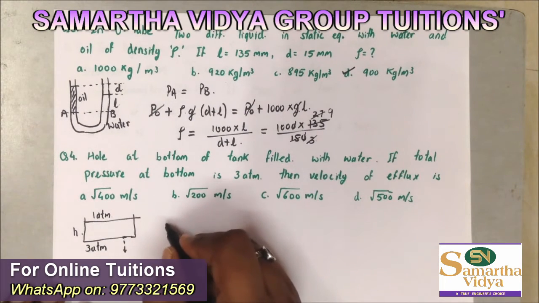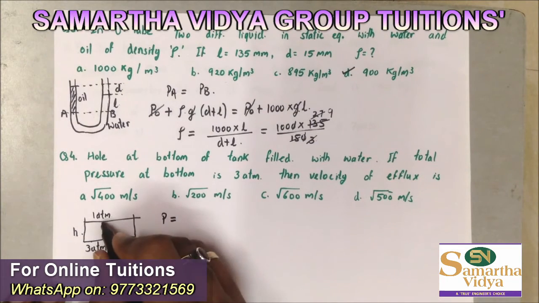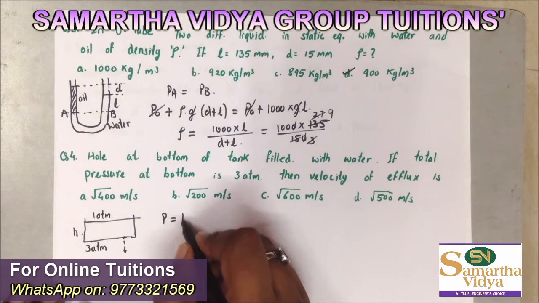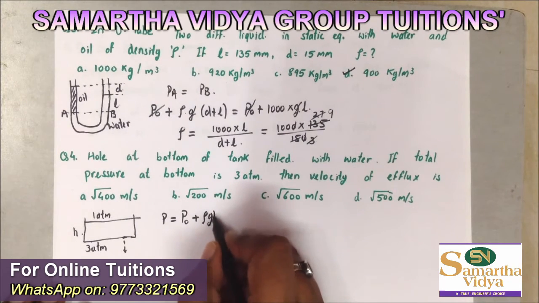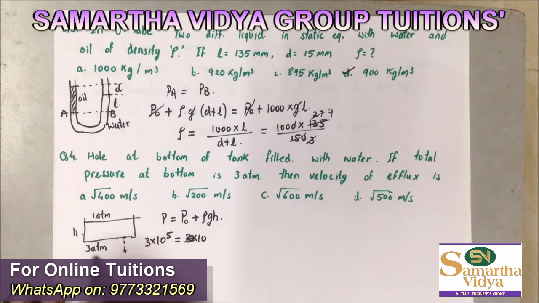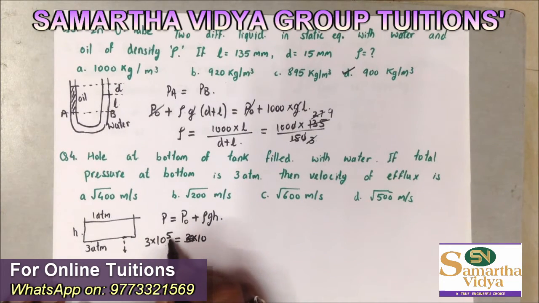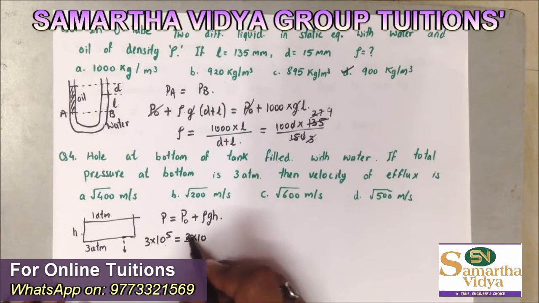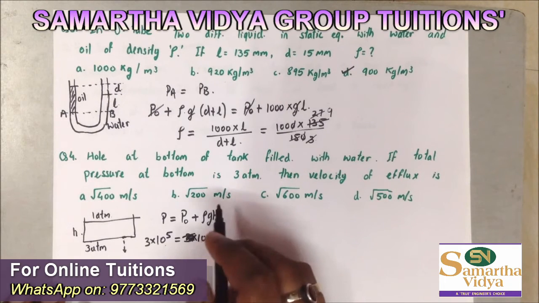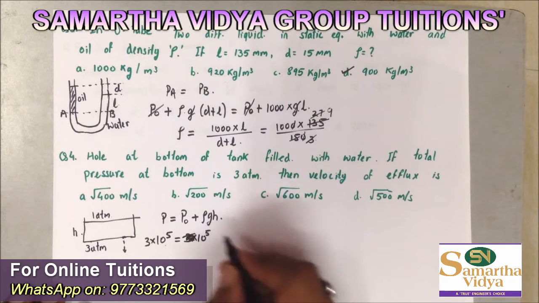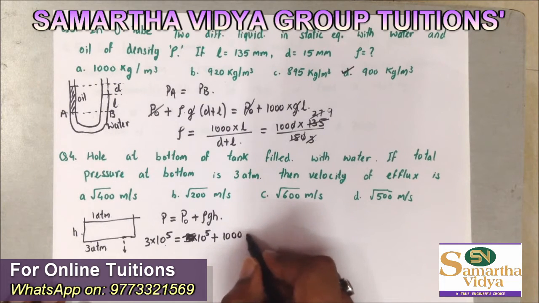So we can see that, let us say the pressure at this point is P and the atmospheric pressure is P naught. So we can use the equation P is equal to P naught plus rho gh. My pressure at this point is 3 atmosphere. It becomes 3 into 10 raised to 5, and the atmospheric pressure is given as 1 atmosphere, so it is 10 raised to 5 plus rho, which is 1000,